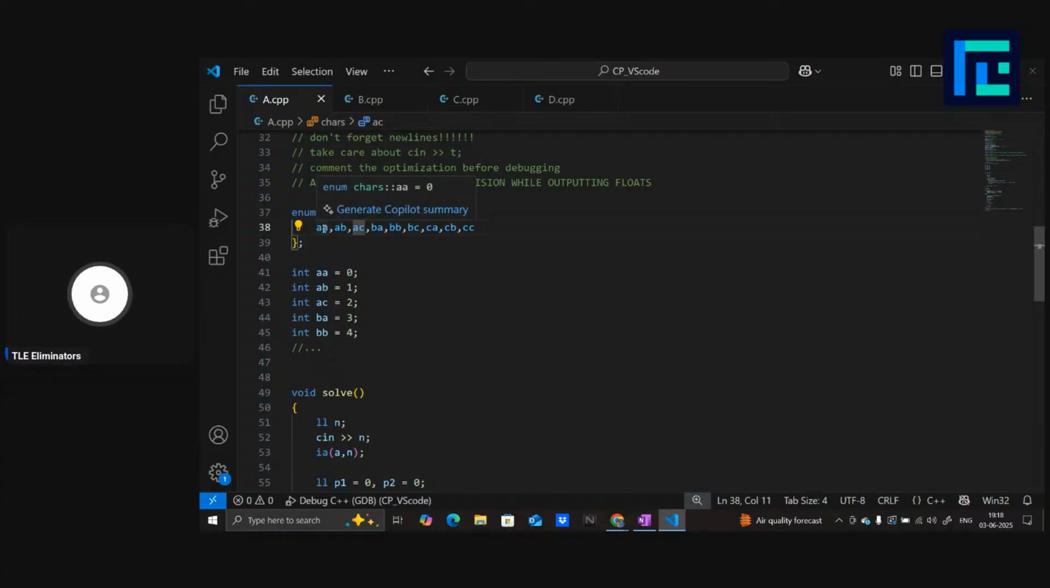So as you can see, to a it has assigned 0 right here, then to ab it assigned 1, and so on. And you can actually change the default value. So you can do a equal to 5, so it will start with 5 now. Assign 5 to this, then 6 to this, and so on. So yeah,